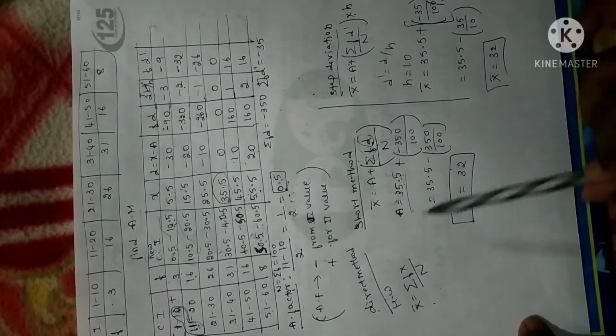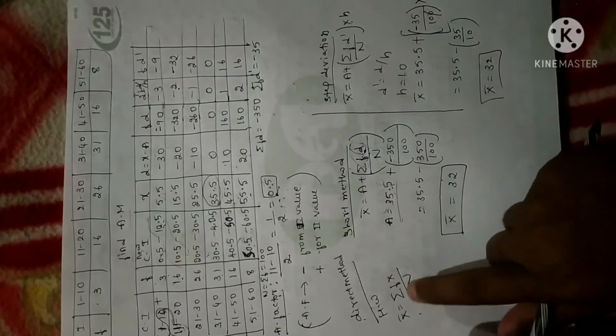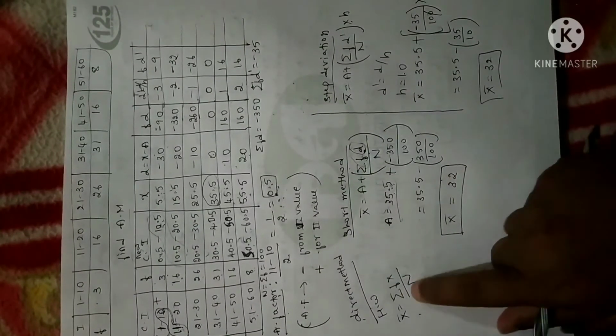So in all the cases, whatever method you use, you will get the same answer. Since I have solved for both the methods, you do it by using the direct method, and the answer should be 32. Please solve the same in your notes. Let me solve one more problem in all the three methods. This will be the last problem and then I'll give you the homework problem. You have to solve the same in notes.